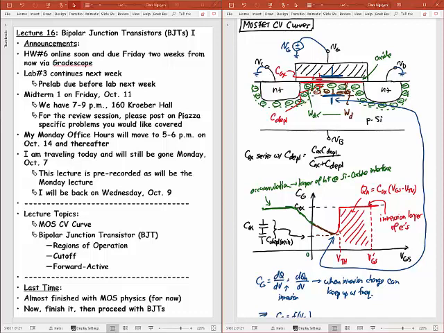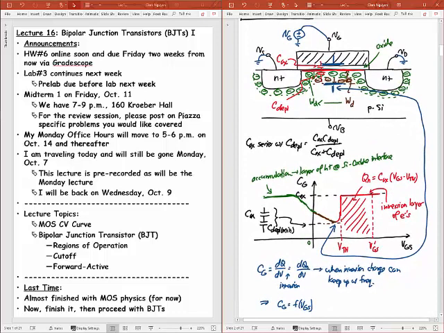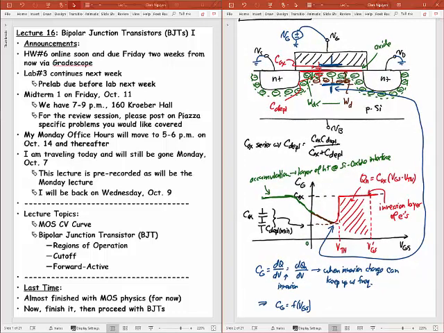I'm not sure there's enough time for you to understand every nuance of this here. You'll see it again in 130 and in 143. And so with that, that's what I want to say about MOS physics. We may come back to talk a little bit more about the capacitors for MOS devices. We're going to be concerned mainly about the capacitance in the overlap right here, which we'll call CGD, and that's going to affect the frequency performance of our transistor circuits later on. But for now, let's leave that till later, and let me now move toward bipolar junction transistors.